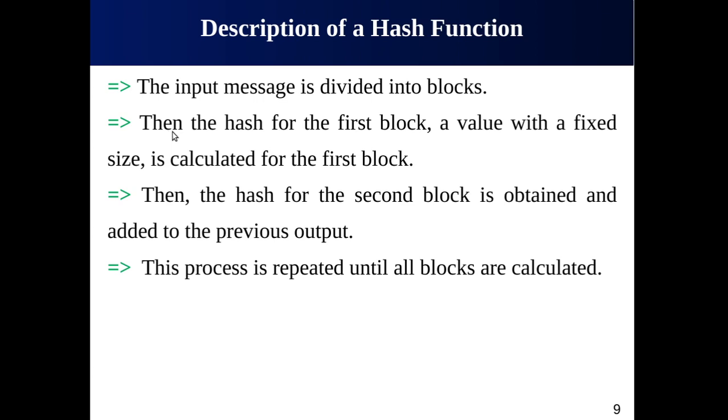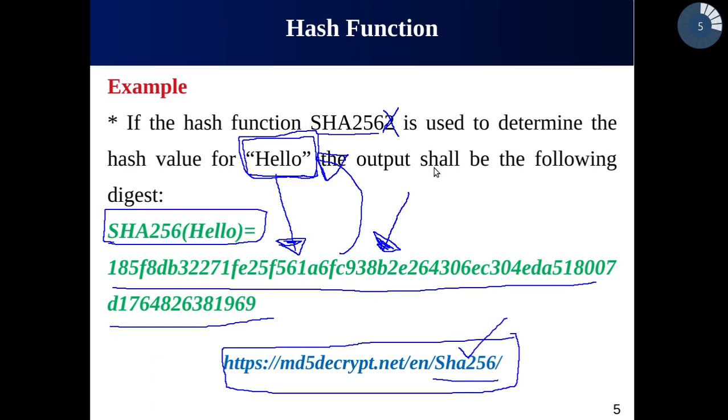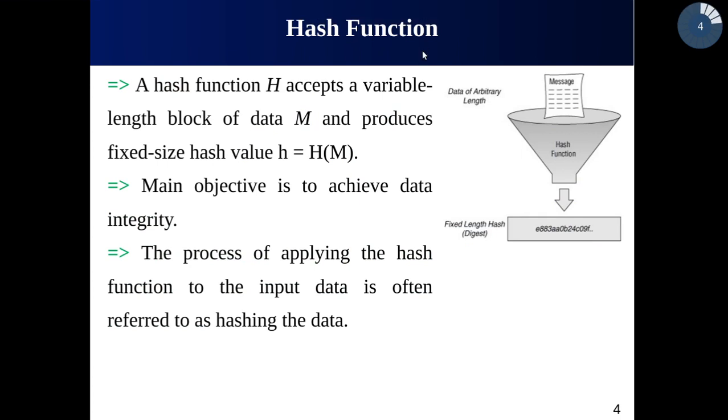And then the hash for the first block, or the message digest for the first block, will be calculated, and then the hash for the second block will be calculated, and then the third block, and so on. Normally in this case we just consider a single block of the message, but in reality, in the practical world,